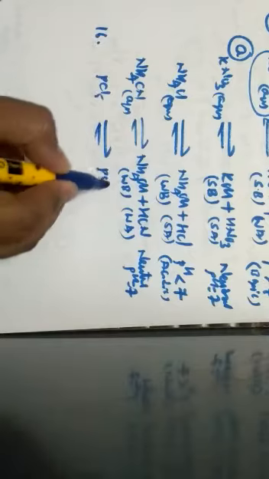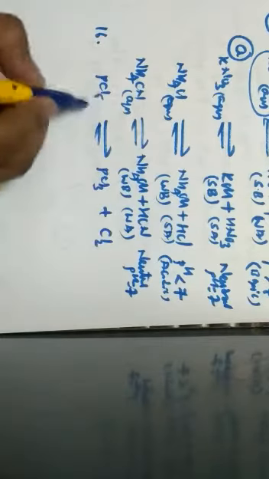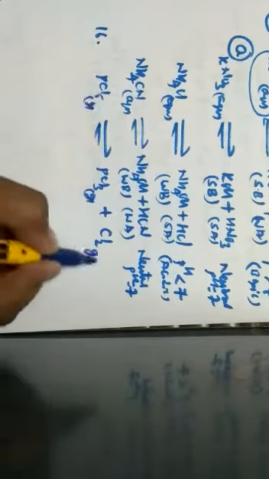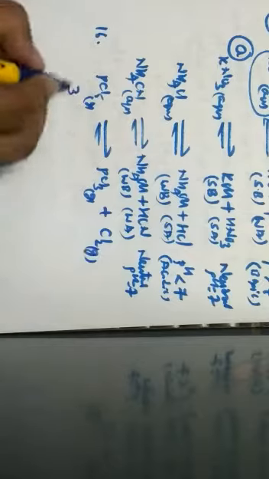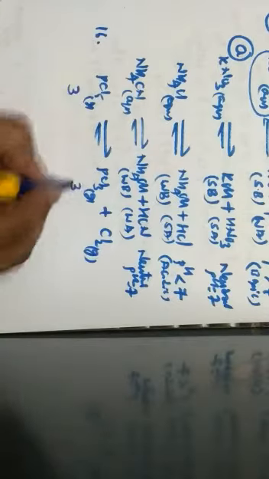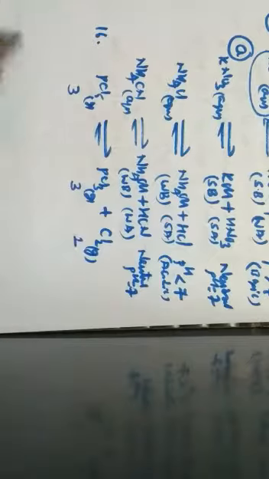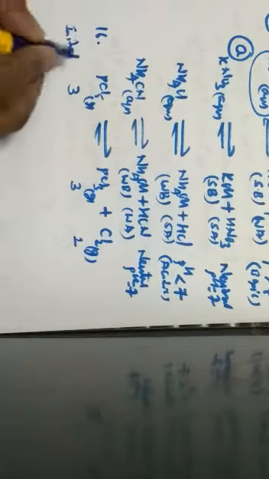Next one, question number 16. 3 moles of PCl5, 3 moles of PCl3 and 2 moles of Cl2 are taken in a closed vessel. If at equilibrium the vessel has 1.5 moles of PCl5, the number of moles of PCl3 present in it is? Here PCl5 gives rise to PCl3 plus Cl2, all existing in the gaseous phase. PCl5 is 3 moles, PCl3 is also 3 moles and chlorine is 2 moles. So these are the initial moles.